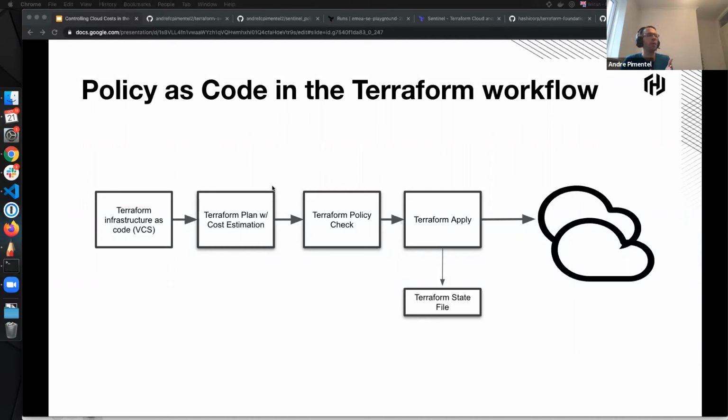So that's why this deployment time policy as code from other cloud vendors is not very good, because if you point external resources to that infrastructure, maybe you have a problem. And also you have a half deployed stack just floating there. So that's also not very good. On Terraform Cloud and Enterprise, the apply will only happen if we are happy with the policy check and the plan and cost estimation.